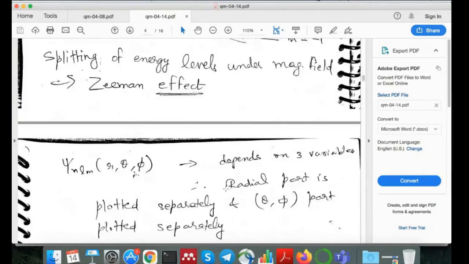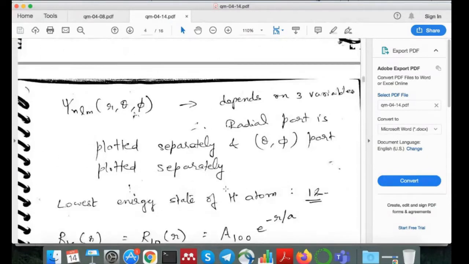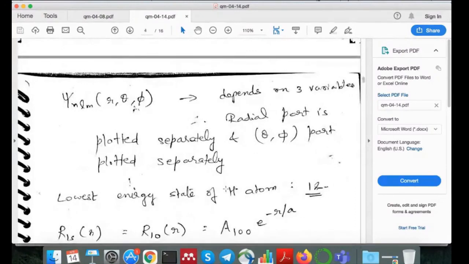Okay, so what is the next thing that we want to see? All right. Now we want to plot the different wave functions and the different probabilities. That is the important part that we always do after solving any of the problems we have done so far. We always plot the wave function as well as the probability, so the same thing we will do here also.